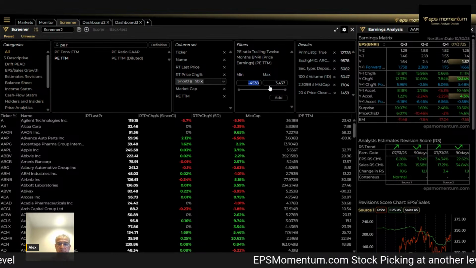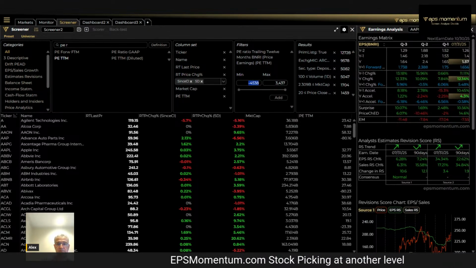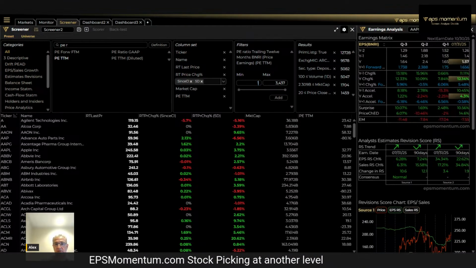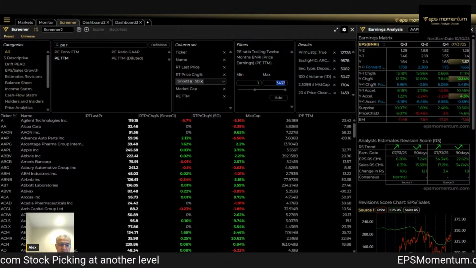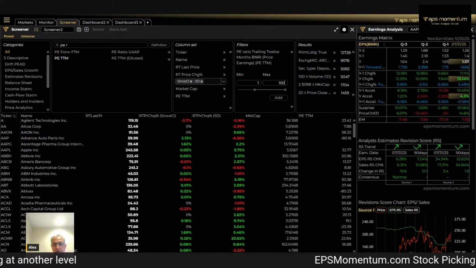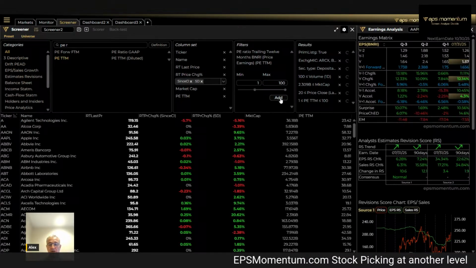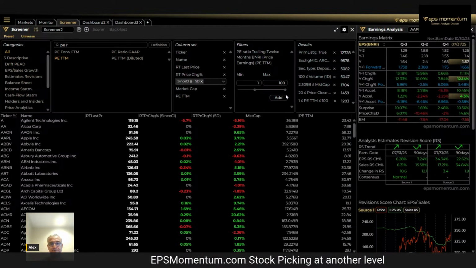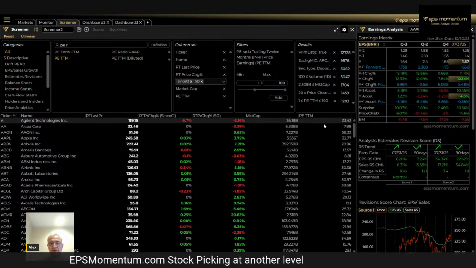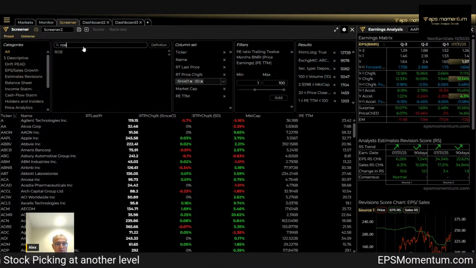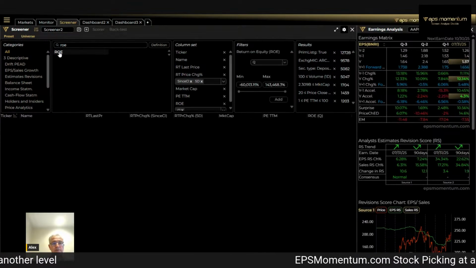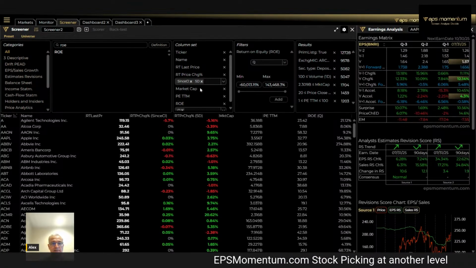So obviously I'm going to go for a P that is positive, maybe 1, but is not above 100, just making sure we get good names that are reasonable. All right, so I'm filtering this, and then I can go into ROE as well, return on equity, and set up